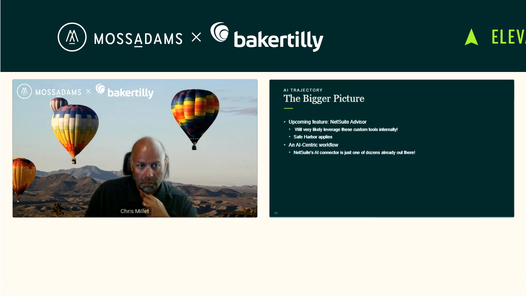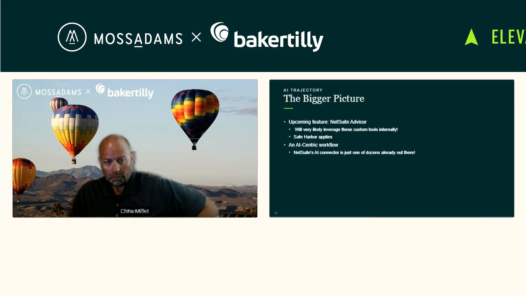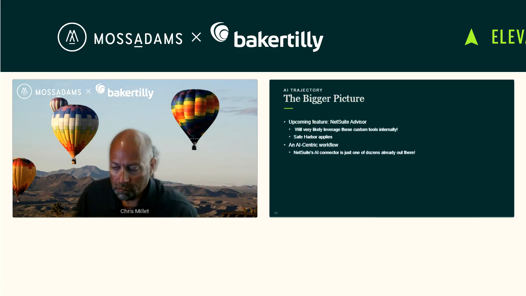We know this because there is a little configuration when you're writing these things to expose them to external tools, implying that there's also going to be an internal tool. I think that's NetSuite Advisor.